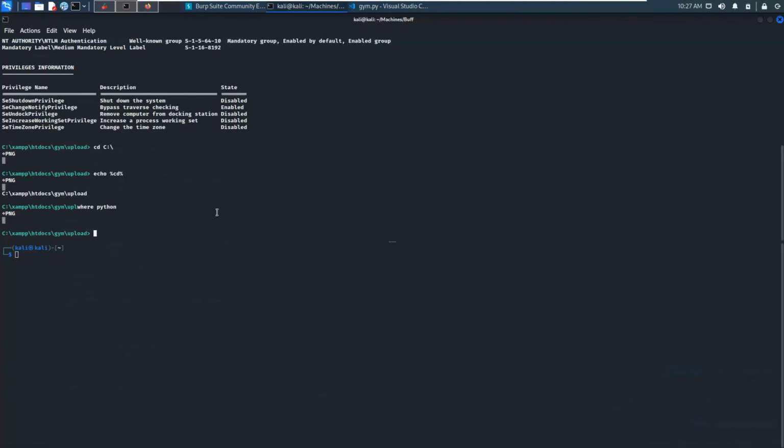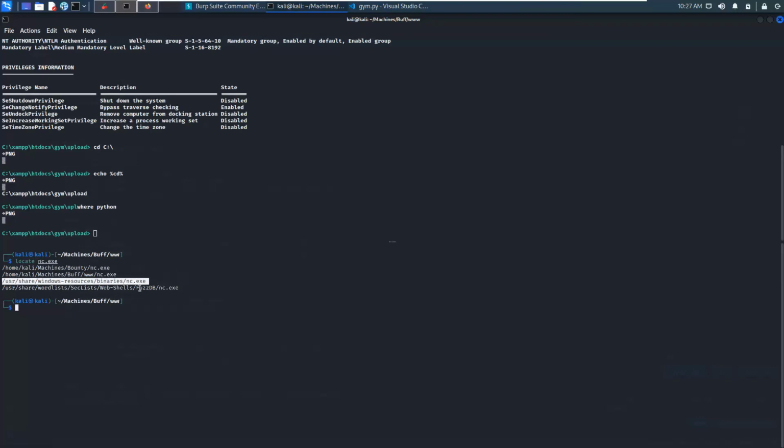Okay, so we don't have a fully interactive shell, right? So how do we get that? Well, there's a few ways to do that. Let's look at the easiest way. Let's look at our netcat example. Let's go to a folder www, and let's say that I locate nc.exe, and I use this Windows binary